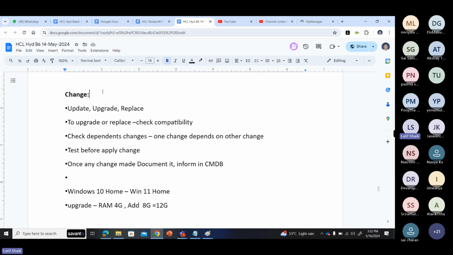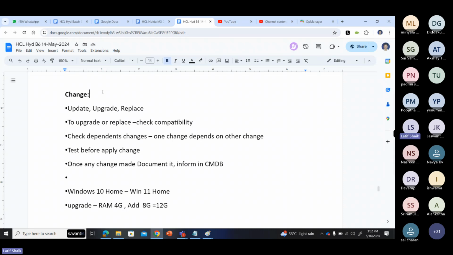I will share one example from a friend, or sir, whatever you can call him. He explained a change management case he faced in real time. I faced a few, but this is a very interesting one. There is an administration department and a networking department.